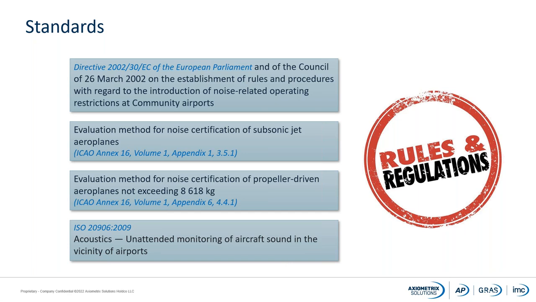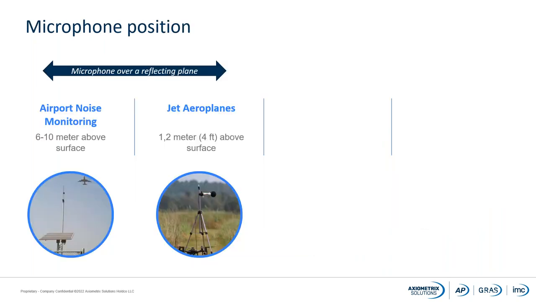But when it comes to the microphone configuration, it is pretty simple, and it is pretty equal in all the different standards. And therefore, I have been trying to categorize them a bit. If you have seen a noise monitoring terminal around an airport, you will find that the mast for the microphone is roughly 6 to 10 meters. Most installations have 6 meters, because that is of course easier than erecting 10 meters. And the reason is that some of the standards dictate 6 meters minimum.